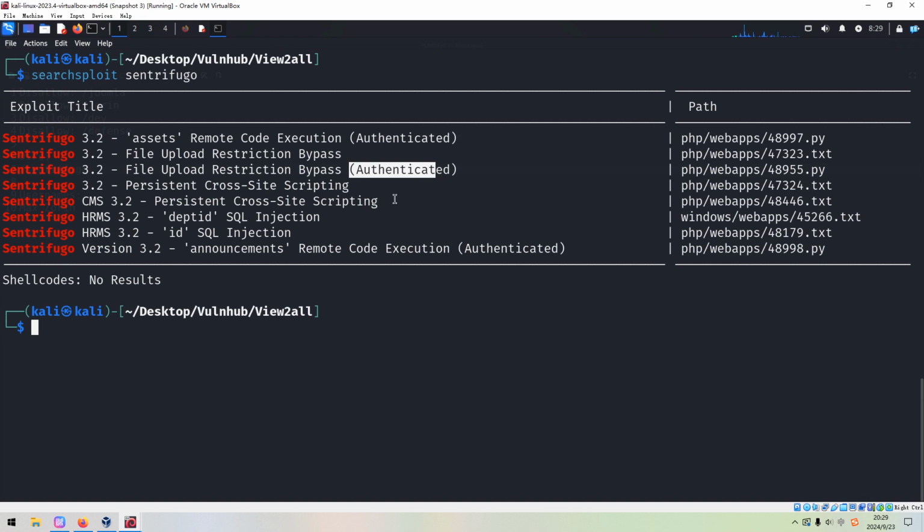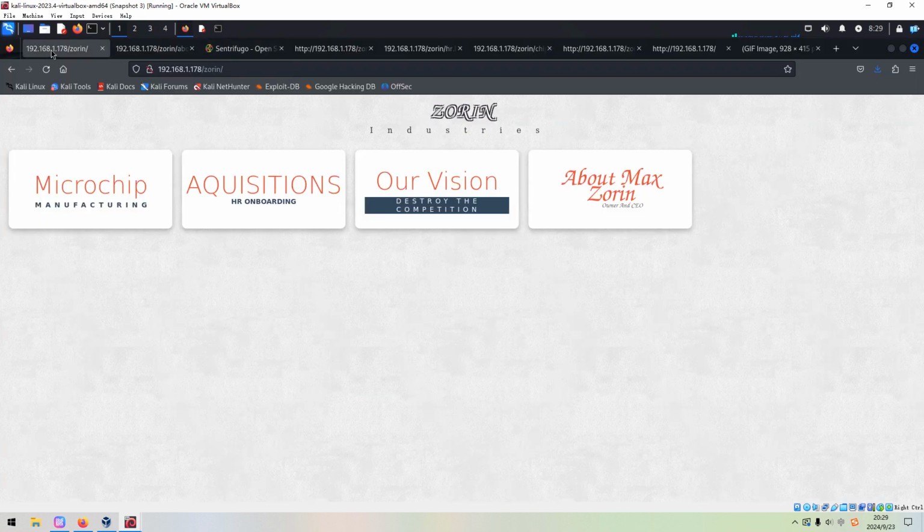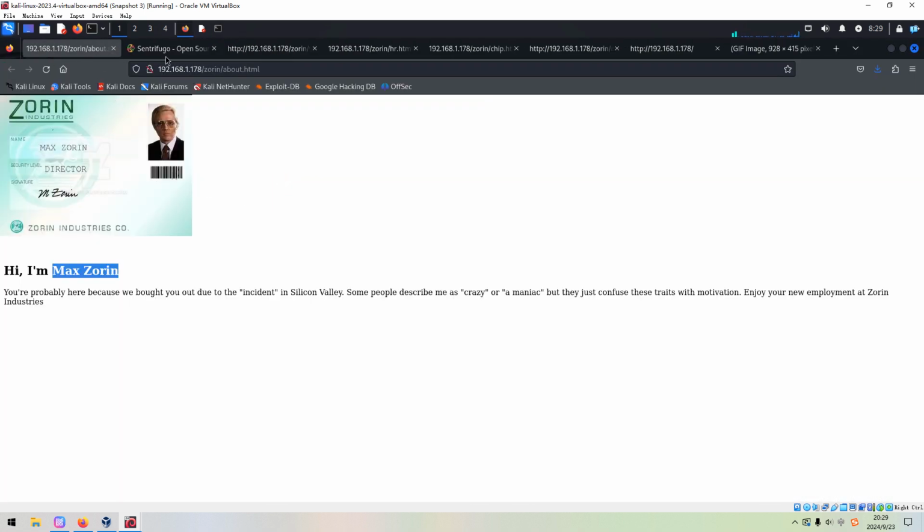So I don't think, well, maybe we can close down such exploit code or instruction, because I think all exploits are required to be authenticated first. So we just put aside for a while, and let's continue. So maybe we can close up some tabs. We do not need them anymore.